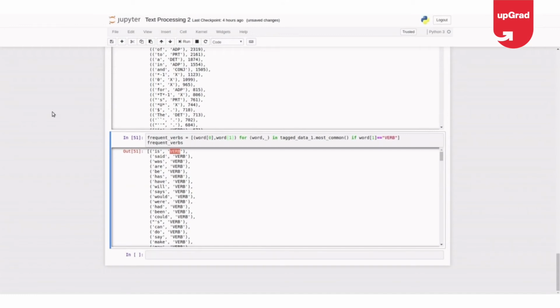And maybe let us take a different use case now. Let's see which tags are most common in the Brown corpus with respect to news articles. Let us see, in any sample news data, what are the most used words or the most used parts of speech.